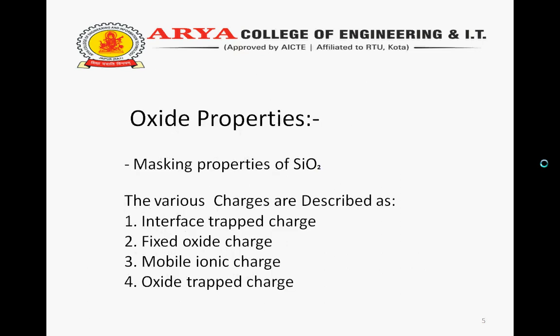Oxide properties. The various properties of oxide are: first, the refractive index of dry oxide decreases with increasing temperature. Second, the etch rate of thermal oxide varies with oxide density and with oxidation temperature. Third, high pressure oxide grown at 725 degrees centigrade and 20 atm exhibits higher index of refraction and higher density, with a slower etch rate, than steam oxide grown at 900 degrees centigrade and 1 atm. This difference is caused by oxidation temperature effects.